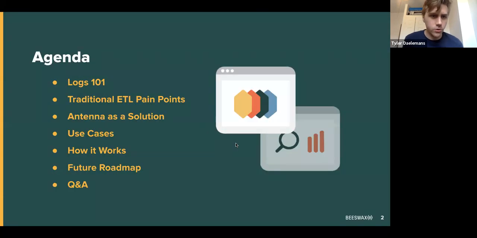So I'll jump into the agenda, as Paul mentioned. Not everybody on the call may be familiar with our logs offering, so I'm going to touch a little bit on that first. We'll talk about the pain points of ingesting logs today and how Antenna will help solve that for customers. We'll talk through some use cases, and then we'll bring in Jordan for a minute, who helped beta test the product, to talk a little bit about how he used it. And then I'll close with some technical details on how it works and the roadmap, as well as some Q&A. So, to start,